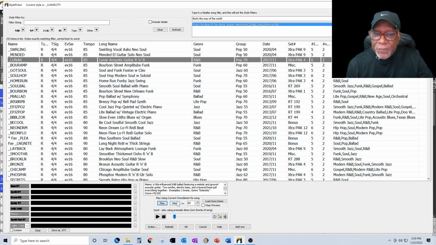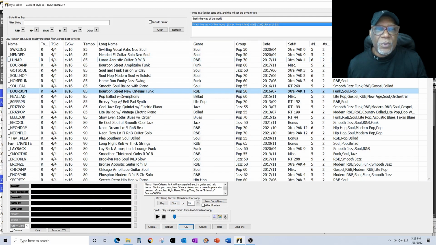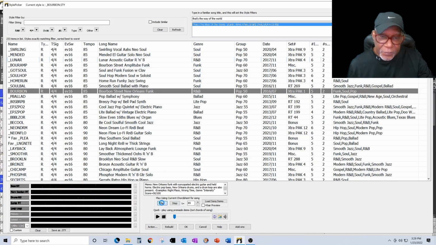That's not close enough for what I'm looking for. No. So I'm going to go through and do a search. And remember, I'm looking through different styles, right? And I came up with this Bourbon Street New Orleans funk. So when I play that against the current chord sheet,